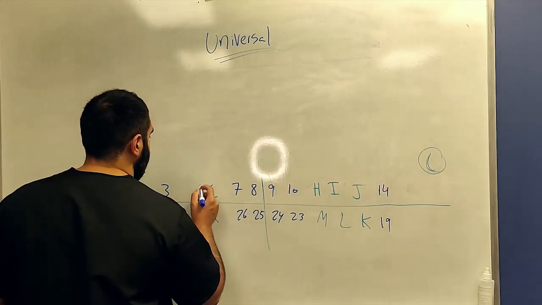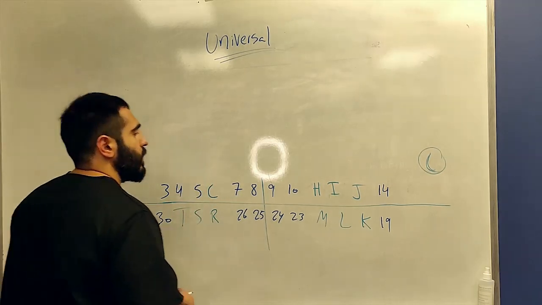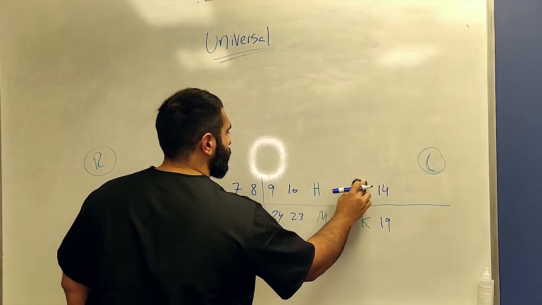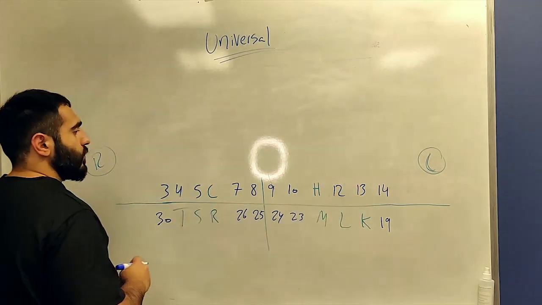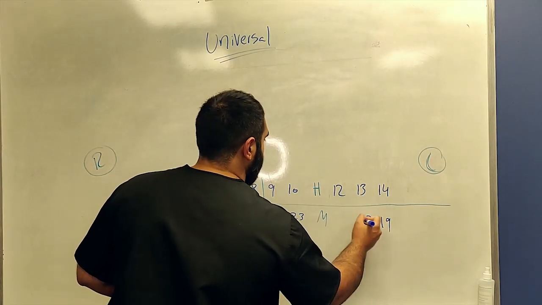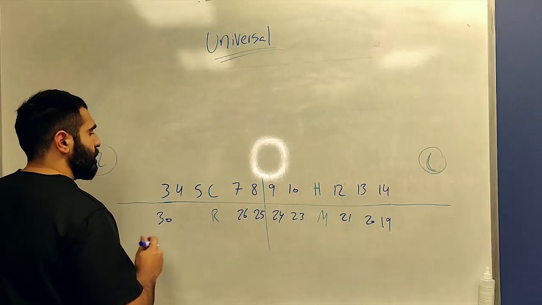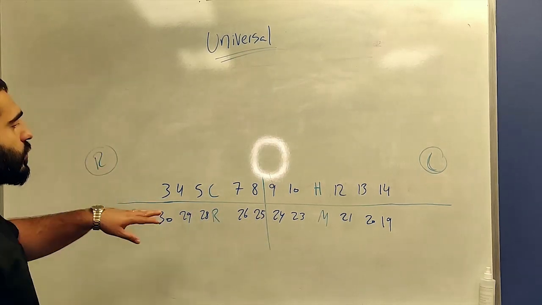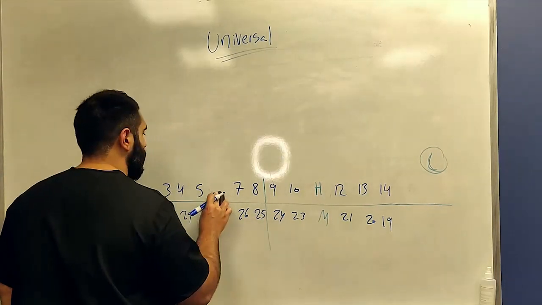So these get changed to 5 and 4. The canine goes later, so these two change to 12 and 13. And like I said, these are the premolars. These two change to 20 and 21, and these two change to 28 and 29. The canines usually are the last, and they start going away basically until you turn the